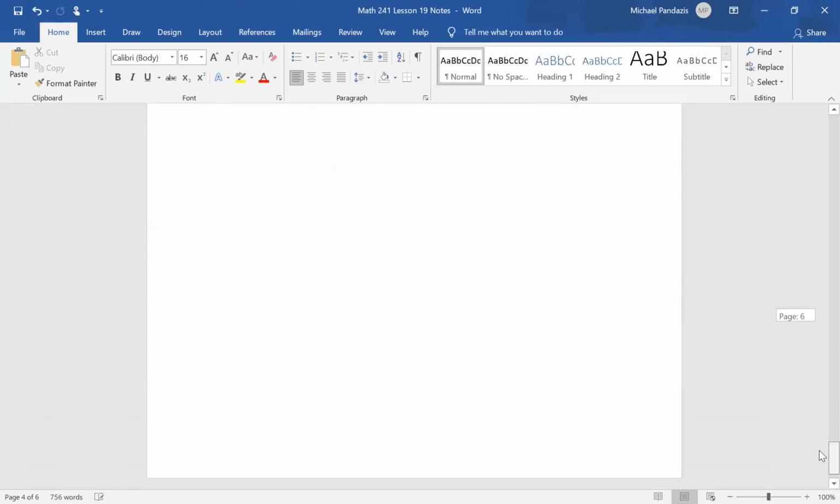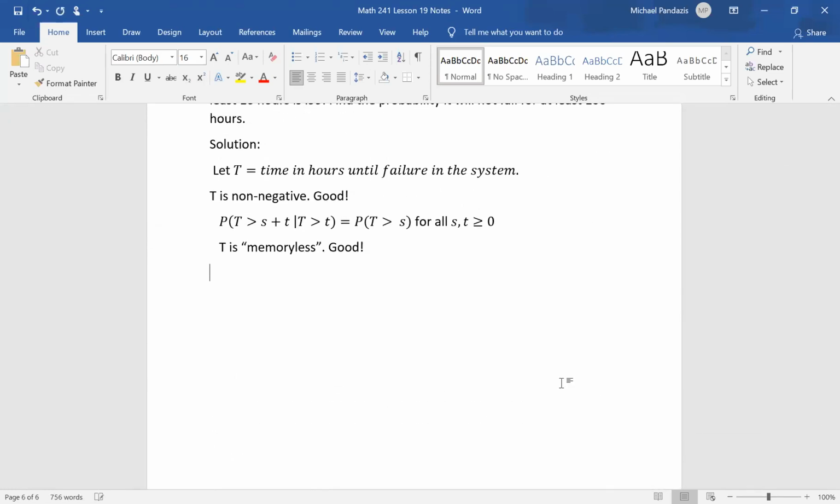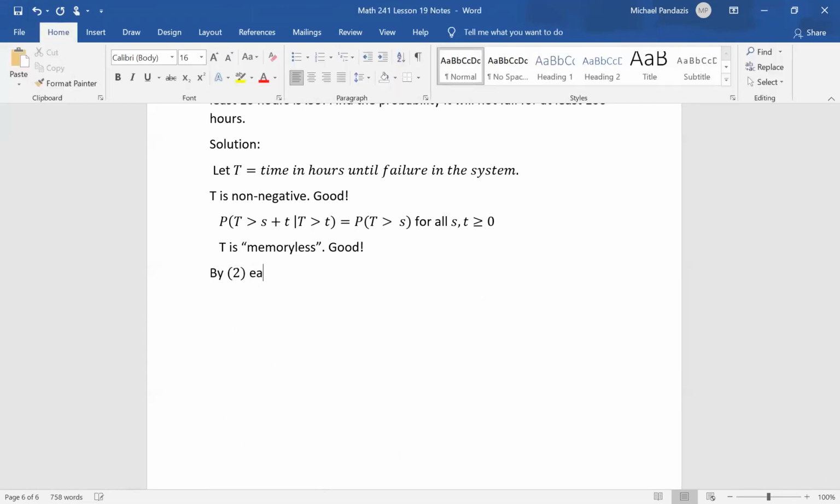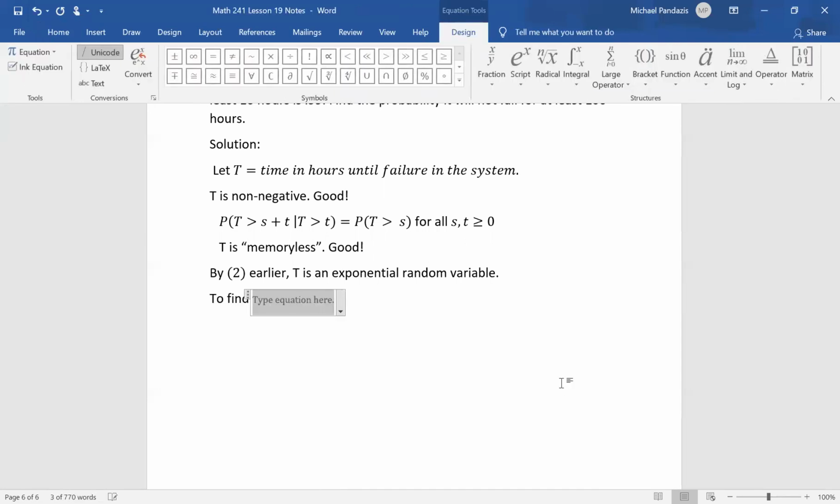And so by 2 earlier, T is an exponential random variable. Okay, so T is an exponential random variable. To find theta, we see